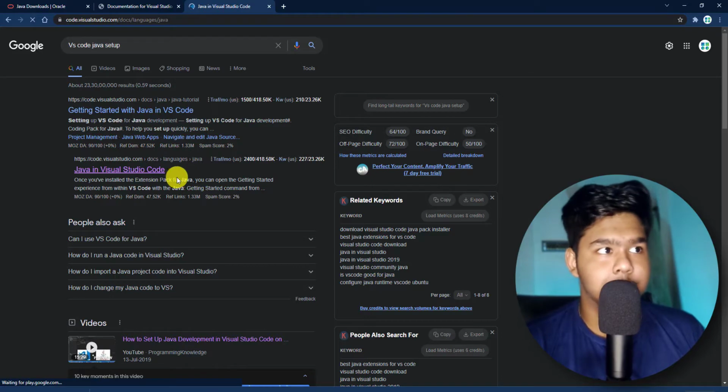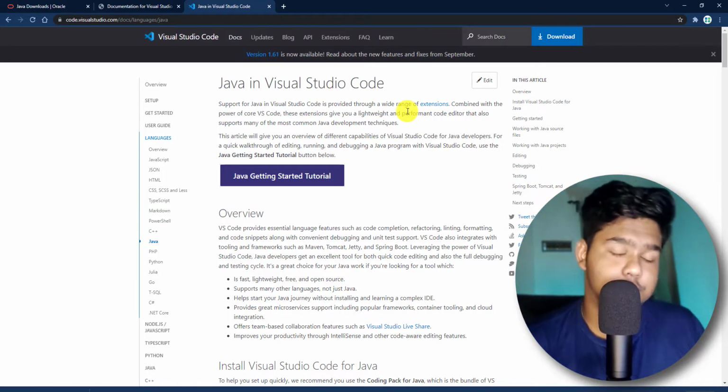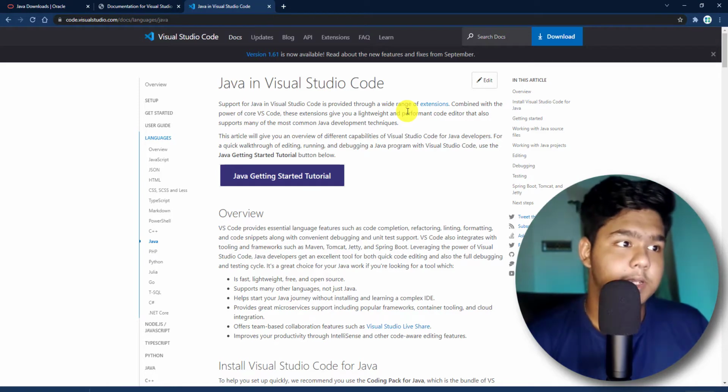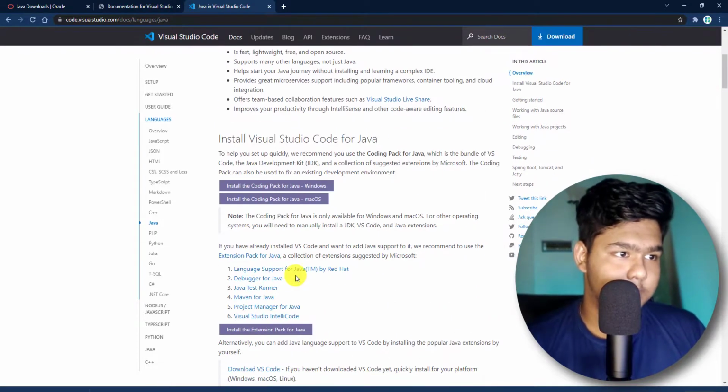This one is Java in Visual Studio Code. What Microsoft has done is provided a simple software exe file through which it will download VS Code and JDK, set up your Visual Studio Code for Java automatically, and make it ready. So we will be downloading this one.